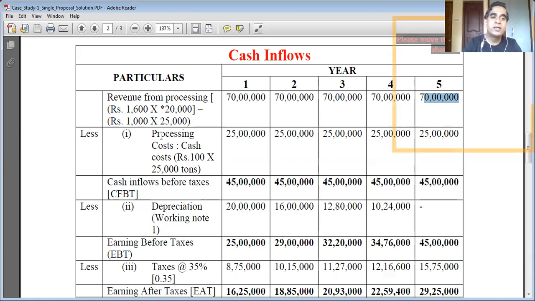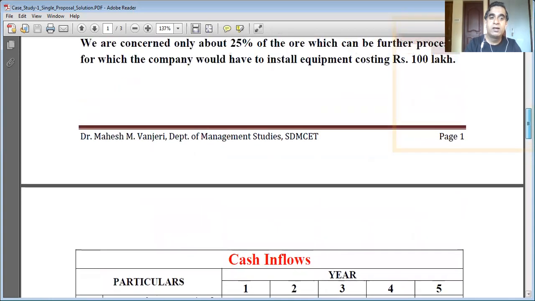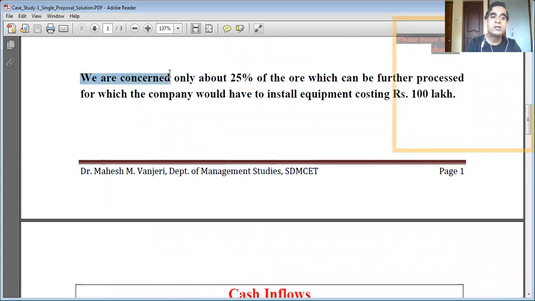Then the next step in the format is we need to deduct the cost of processing the ore. It is given in the problem that there is an additional cost of 100 rupees per ton to further process the ore. So you need to reduce or less processing costs, 100 rupees per ton into 25,000 tons. Please remember that we are concerned only about the 25% of the ore which can be further processed, for which the company would have